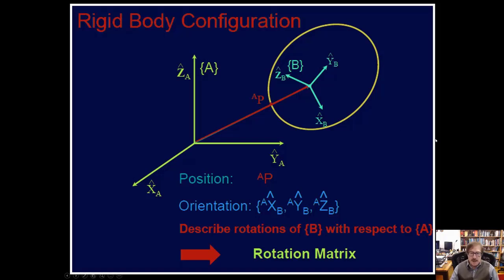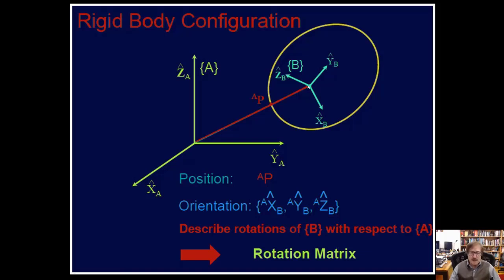Now here you see a moving coordinate frame which is established on a rigid body. This may be the end effector of the robot or any link of the robot, and this point here, the P, may actually indicate any joint. So this is a general figure, and the position and orientation of this point are